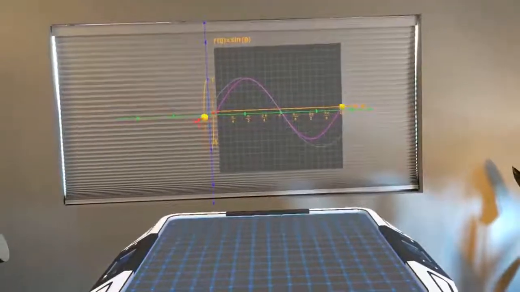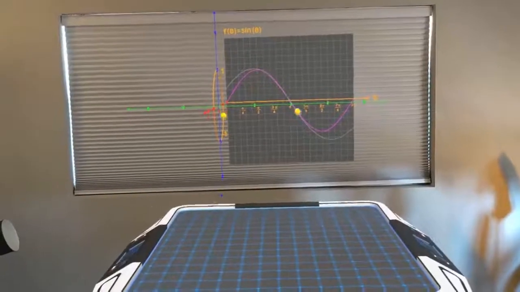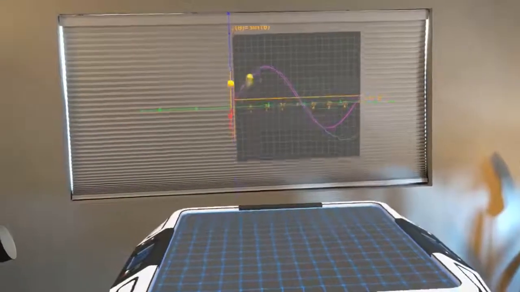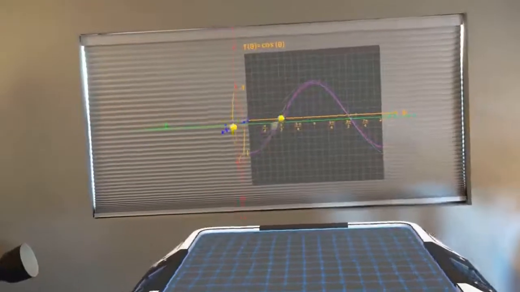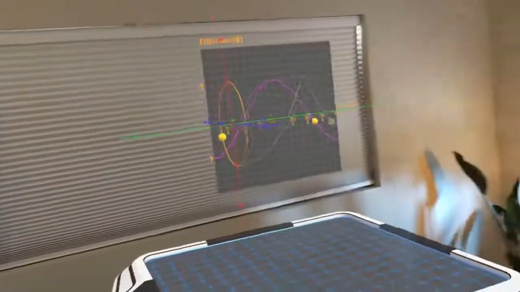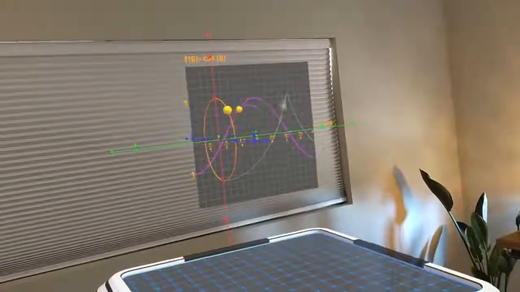So you can see this math function animating, and you can see how the movement on this unit circle translates into the sine and cosine functions when you look at that spiral over time. This is a very